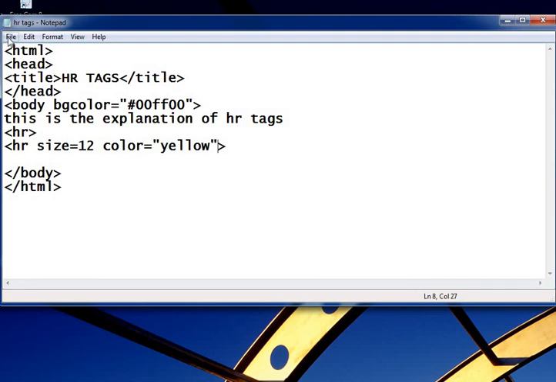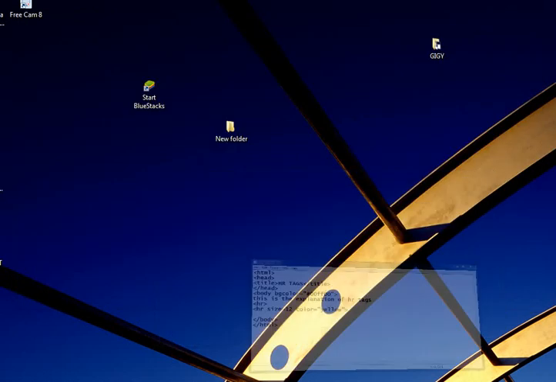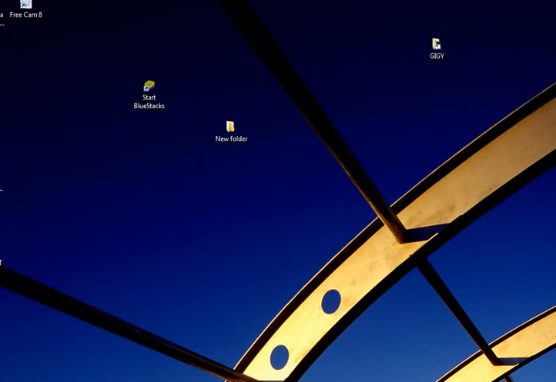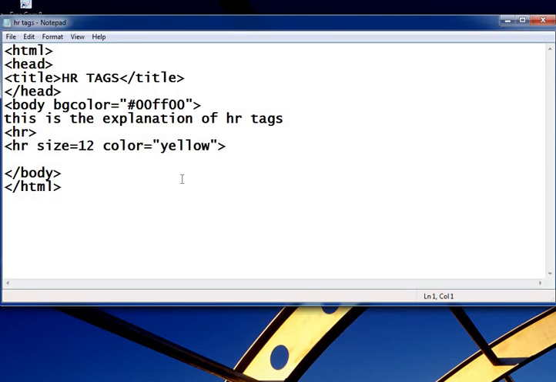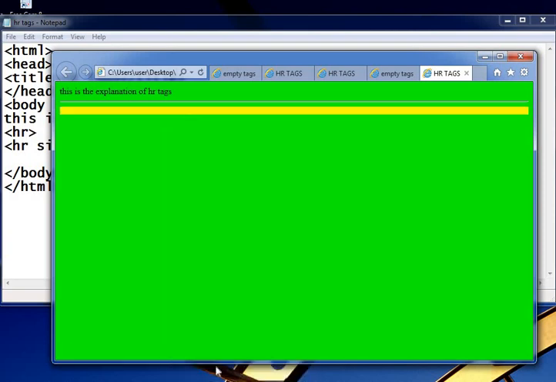Then again we press save button and take the HR tag browser window, click the refresh button. This is our horizontal rule with the color yellow.